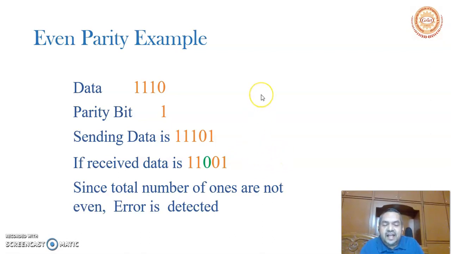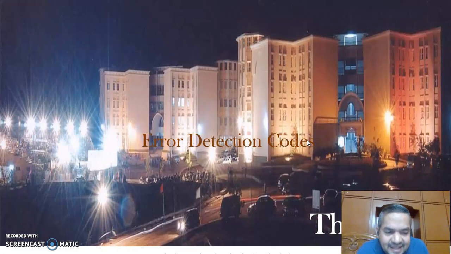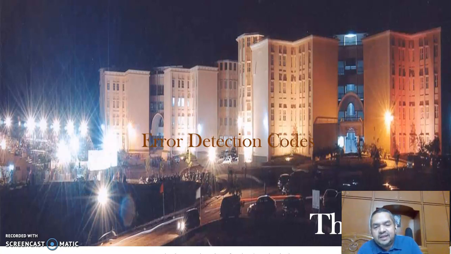At the sender, I have the parity generator. At the receiver end, I have the parity checker. I can have two methods, even parity and odd parity. Both of these methods are for detection of a single error only. I can detect only one error. And both methods are only for error detection. I cannot correct the data. Where is the error? I cannot tell. I can say yes, there is an error, and I will ask the sender to retransmit the data.